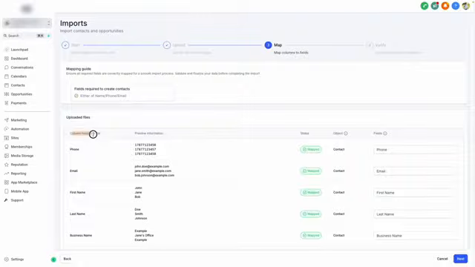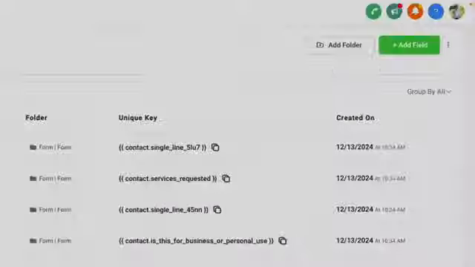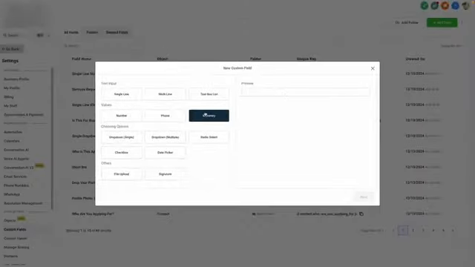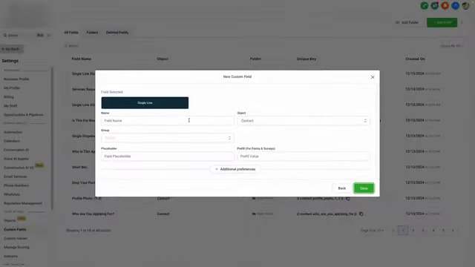All we need to do is create a new contact field by clicking Settings in the left-hand side, then navigating to Custom Fields, and clicking Add Field in the top right-hand side of our screen. Then we can select the type of field that we're adding, whether it's a single line of text, multiple lines of text, different types of values, or multiple select options. For this case, we're using our favorite color, so we'll say single line text. Then click Next. On this screen, we can give our field a name, add our field to a group, and